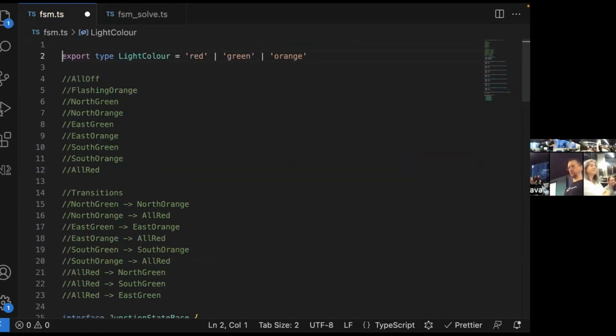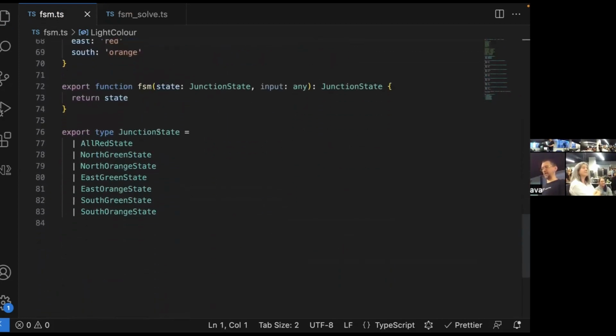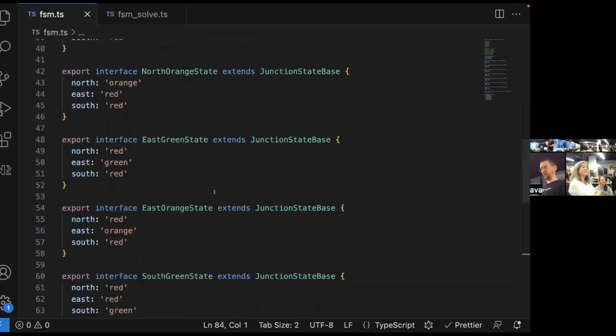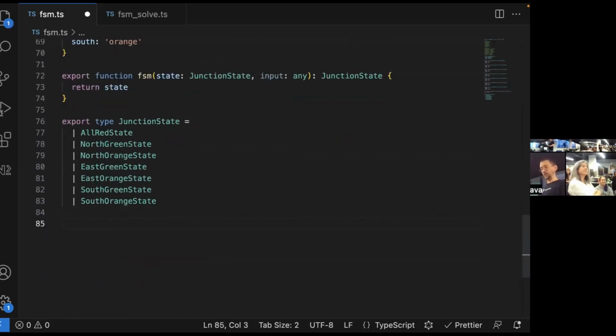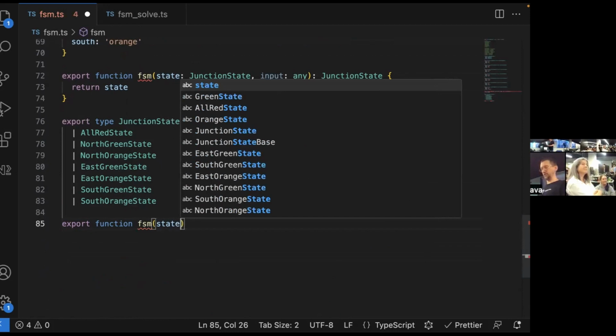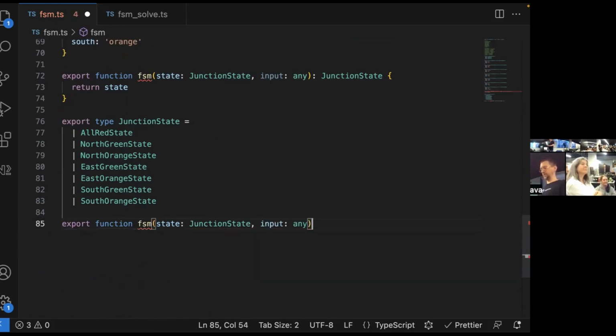Here we have defined junction state as the junction can be in any of these states and nothing else. Right. And this is what's going to help us write a state machine. So now we can export a function finite state machine, and it takes a junction state and some input, and it returns a junction state.